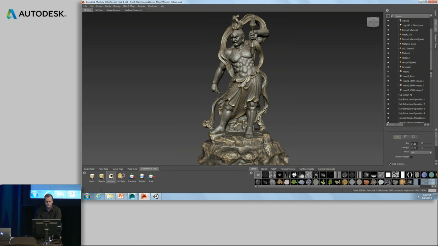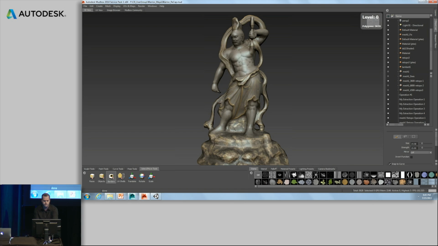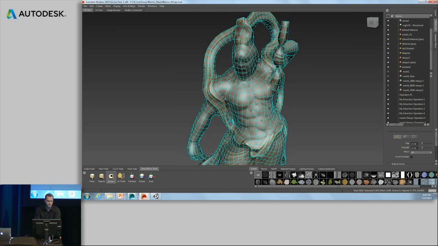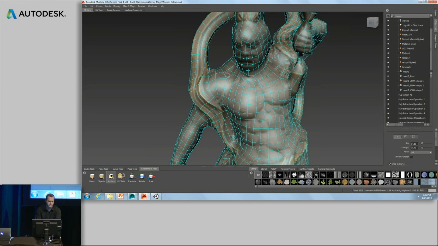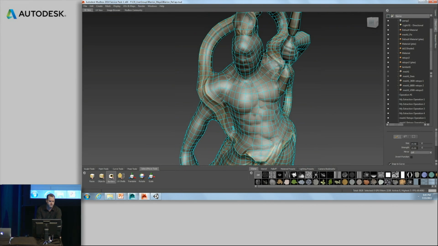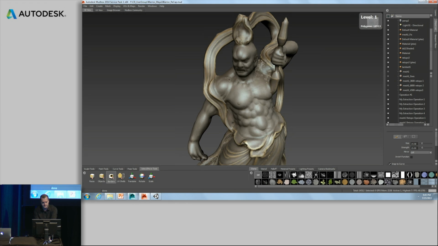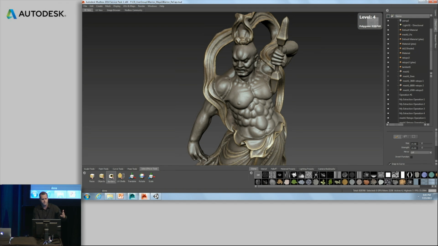So in this case here, the nice thing about this workflow is the fact that we've actually transferred over all of that high-resolution sculpted data. Here's our now quad retopologized mesh, and it's important to note what's happened here. It's seeing the volume of the mesh, and it's actually generating the proper edge flow along those features there. And the cool thing about this, again, as I said, is it preserves all of that definition by subdividing it automatically for me. So I can now go in and sculpt this further, or I can use this for the